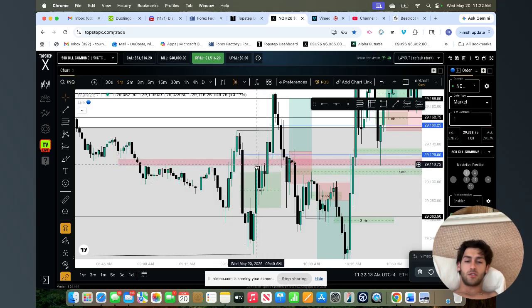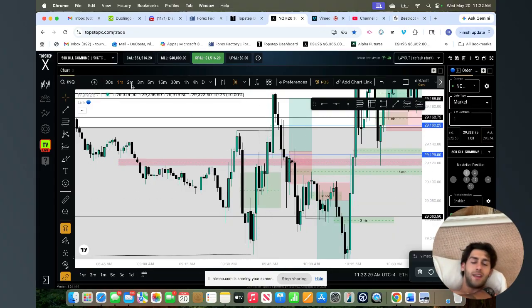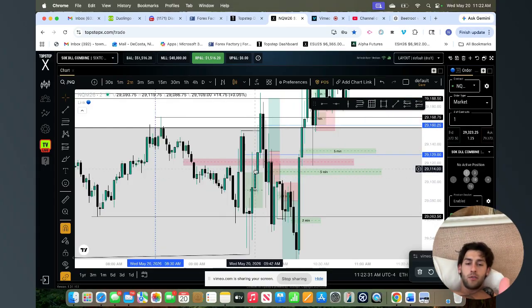We could have inversed it on the 2, but still have been in this 1 minute and just immediately respected it and went lower. So I had to wait. I was flip-flopping between both. I wanted to see if the 1 minute inversed it and if the 2 minute inversed it and how the 2 minute inversion looked. And the 1 minute inversed it, the 2 minute inversed it, the 2 minute candle was